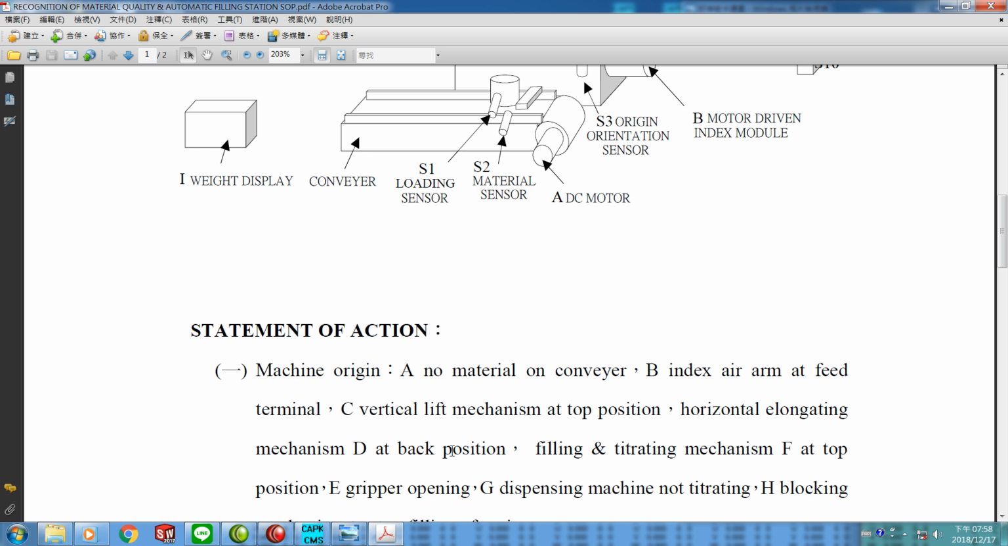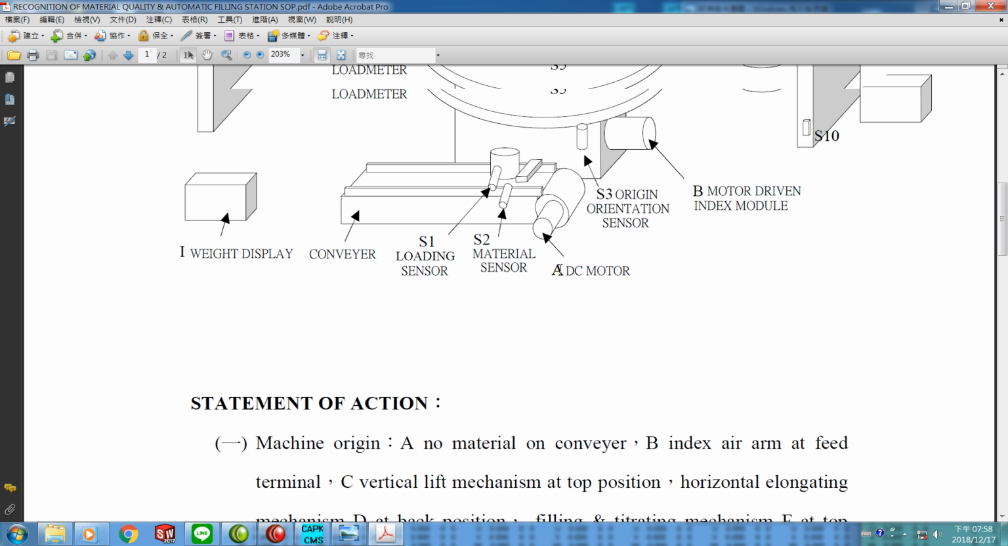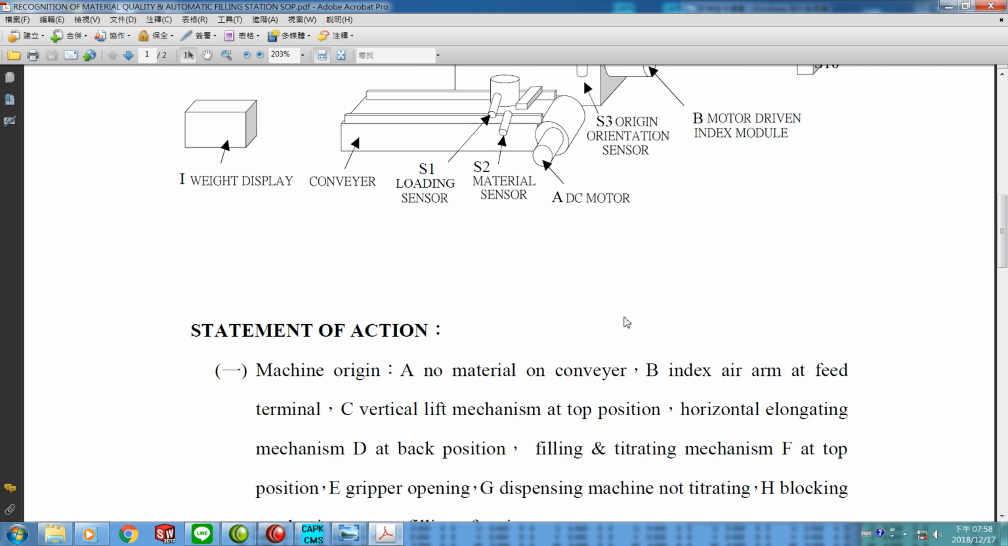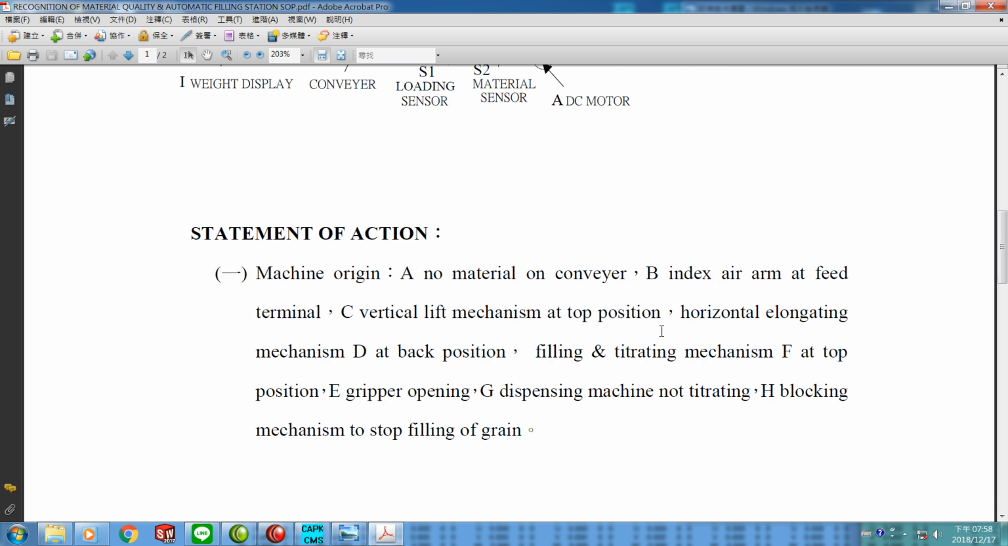Horizontal elongating mechanism D at the back position. This one, the track back, does not extend so long as turning, to prevent bumping with other mechanisms. D at the back position,